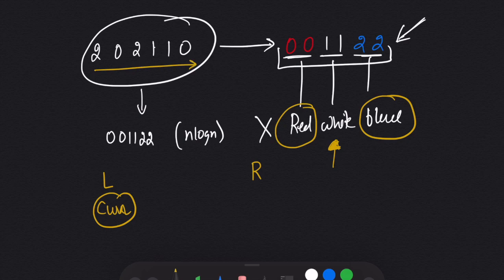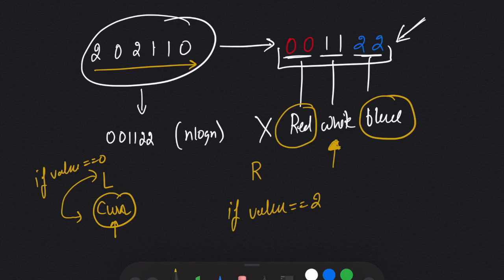Whenever the value at current is equal to 0, I will swap it with the value at left. But if the value is equal to 2, then I will swap the value at current with right.